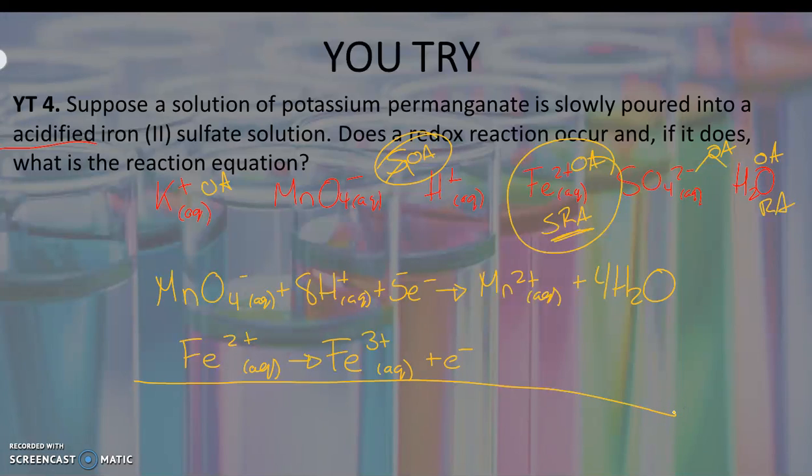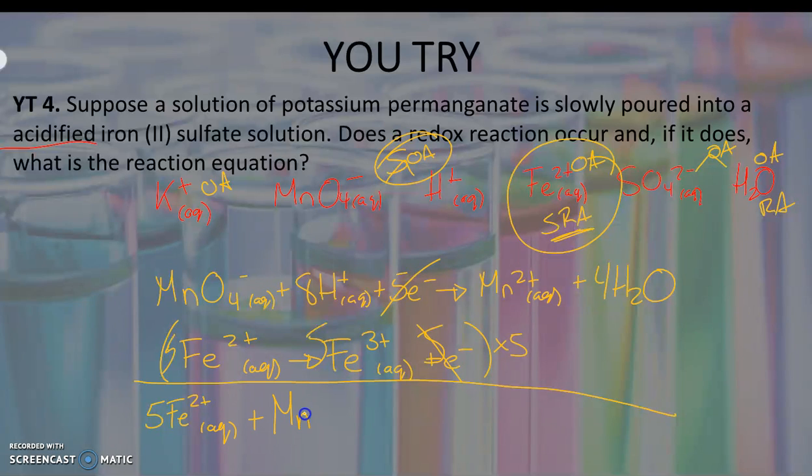Right, I need to ensure the same amount of electrons are transferred from my RA to my OA. So I would multiply this one by 5. And so this would be 5, this would be 5, this would be 5. The electrons cancel out, and nothing else in the products and reactants can be simplified. So my final reaction would be 5 Fe2 plus aqueous